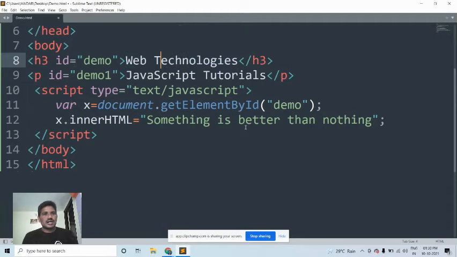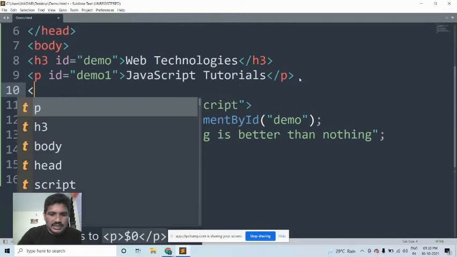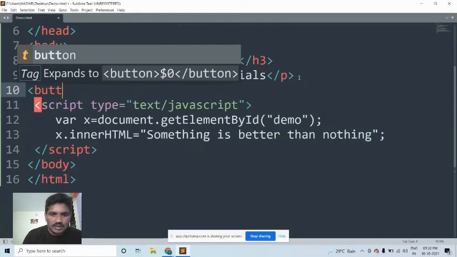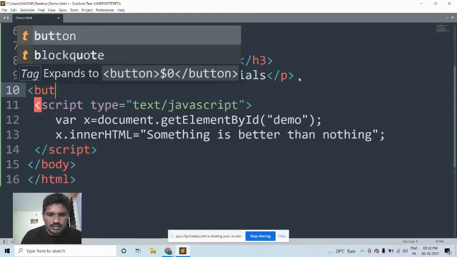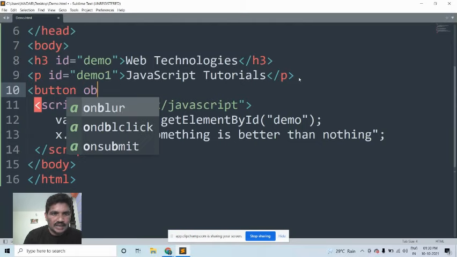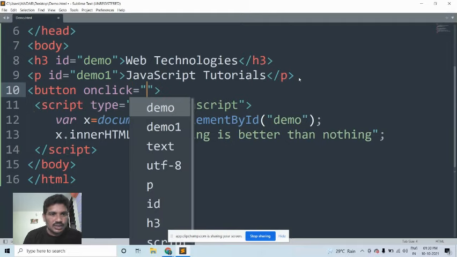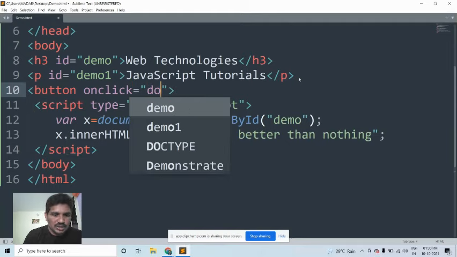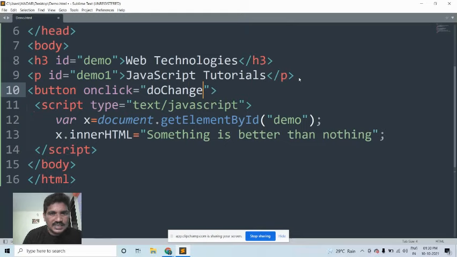Then I would like to use, for example, a button, with onclick equal to some function name. Suppose I would like to change, so change is the function name.